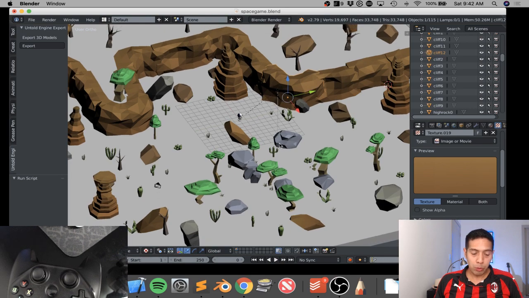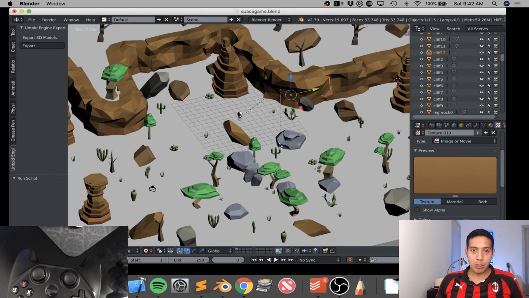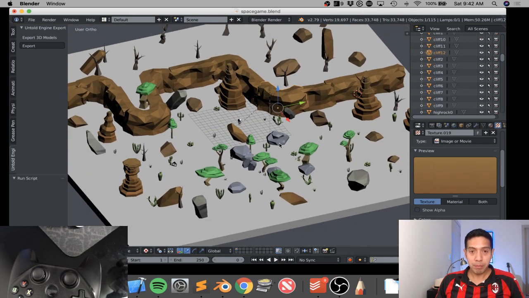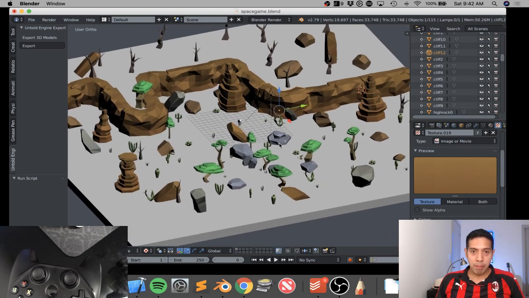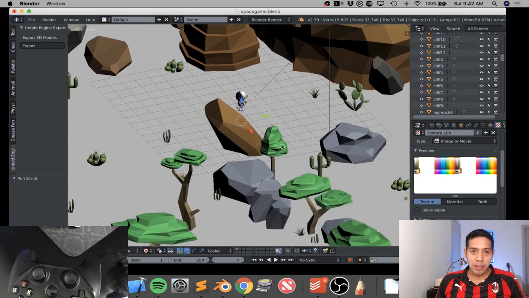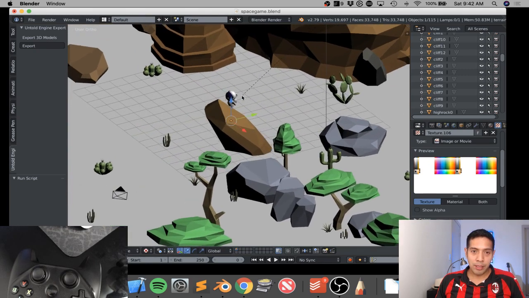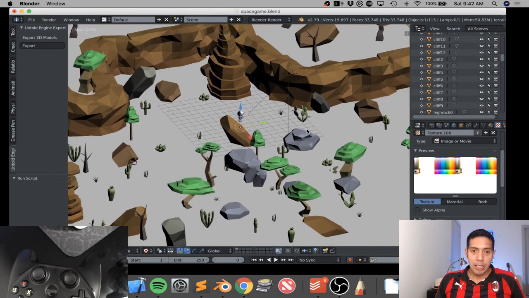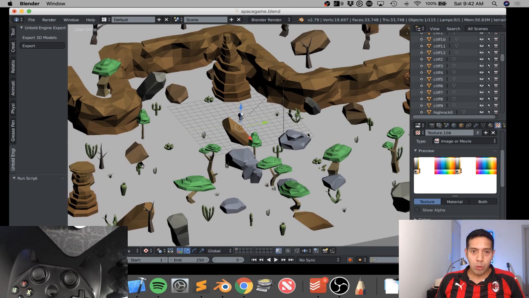imported all of those 3D models into Blender. I assigned the textures, I did everything, and actually you can see our character here, the astronaut, right there, right? So